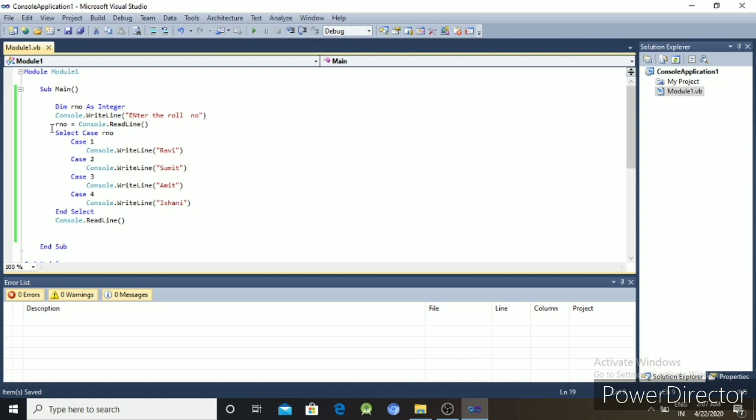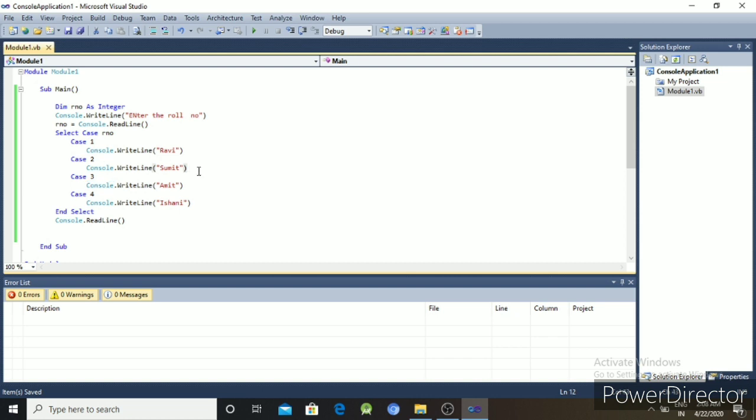This particular case block will be executed, and remember this will be transferred directly to case block 3. No other cases will be checked. So in the select case, control directly transfers to the particular block and that block will be executed.